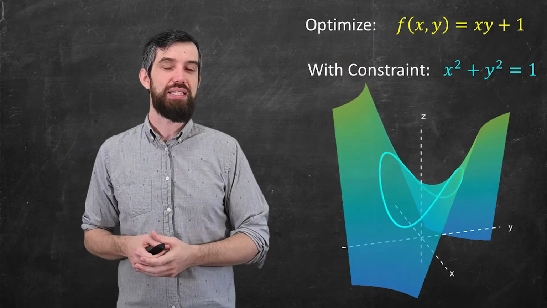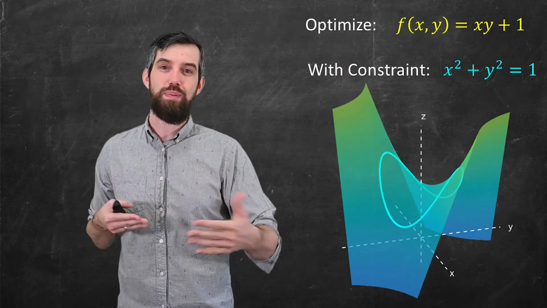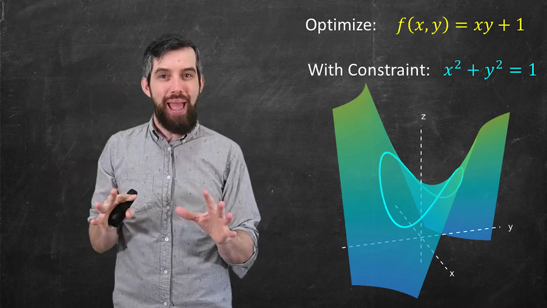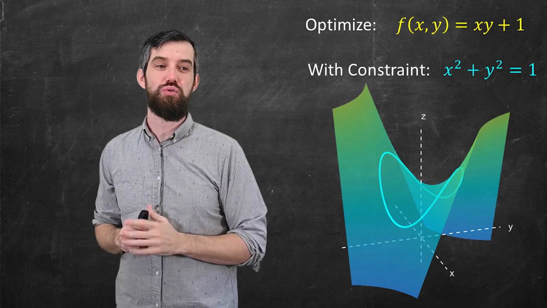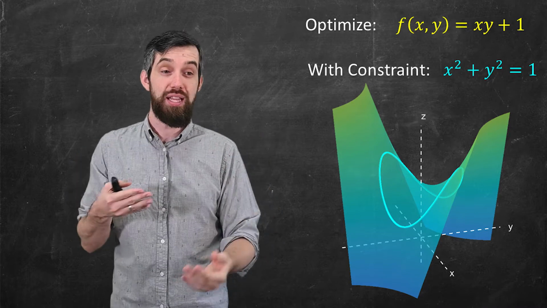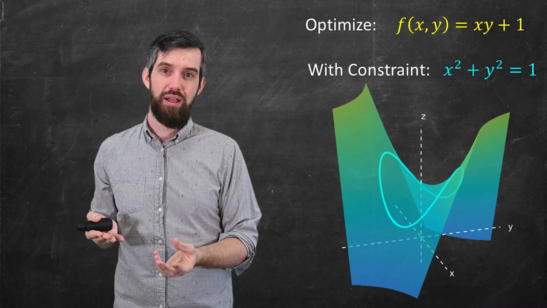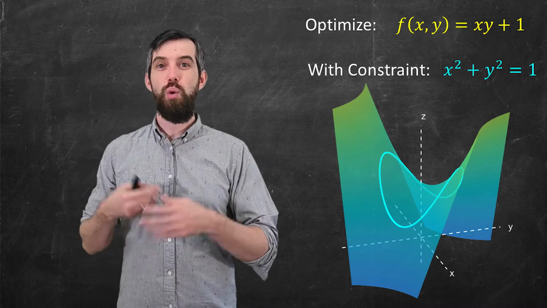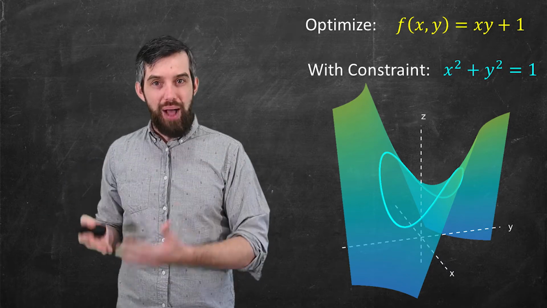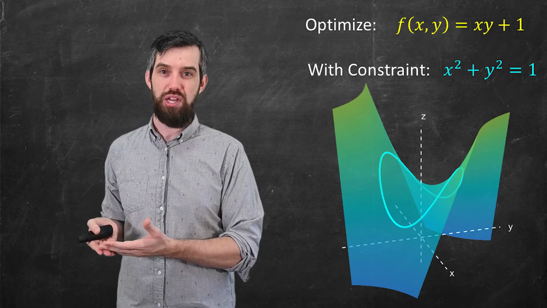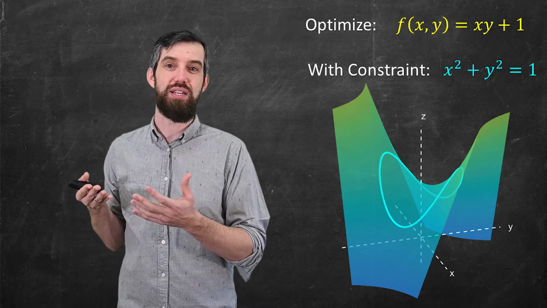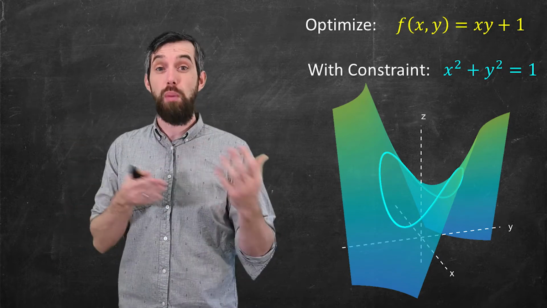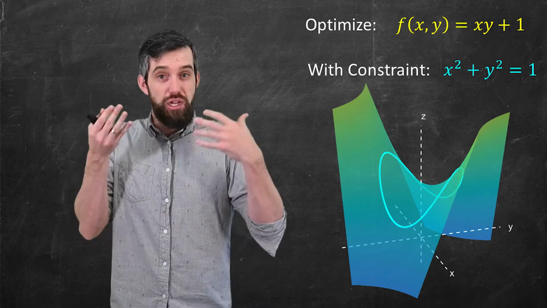In an example like this, I have some function, this is the function xy plus 1, and I am trying to optimize it subject to a constraint. I'm saying I want to figure out the maximum, but at the maximum along a constraint, this is the constraint x squared plus y squared is 1. It's a circle in the xy plane, but above that circle, x squared plus y squared equal to 1 in the xy plane, you have this blue curve. And then you want to ask the question, what is the maximum height of the function, but restricted to that particular curve? And as you can see, there are these sort of two high points that you can identify and two low points as well. So we're going to have a method, for example, called Lagrange multipliers that will give us ways to do constrained